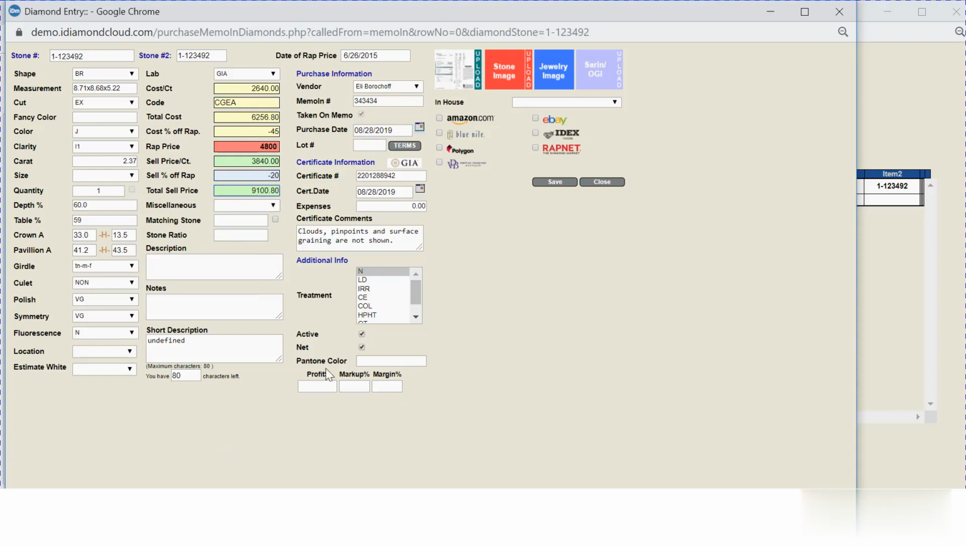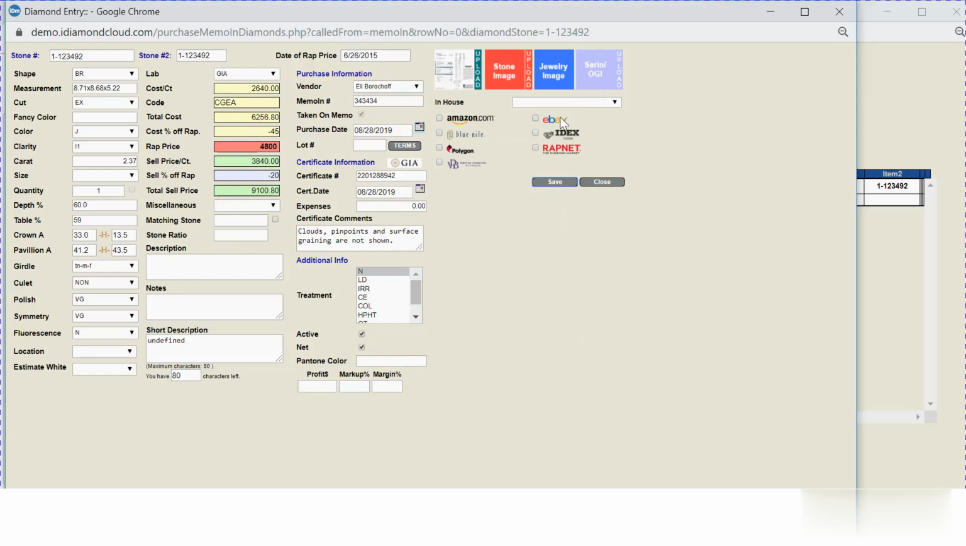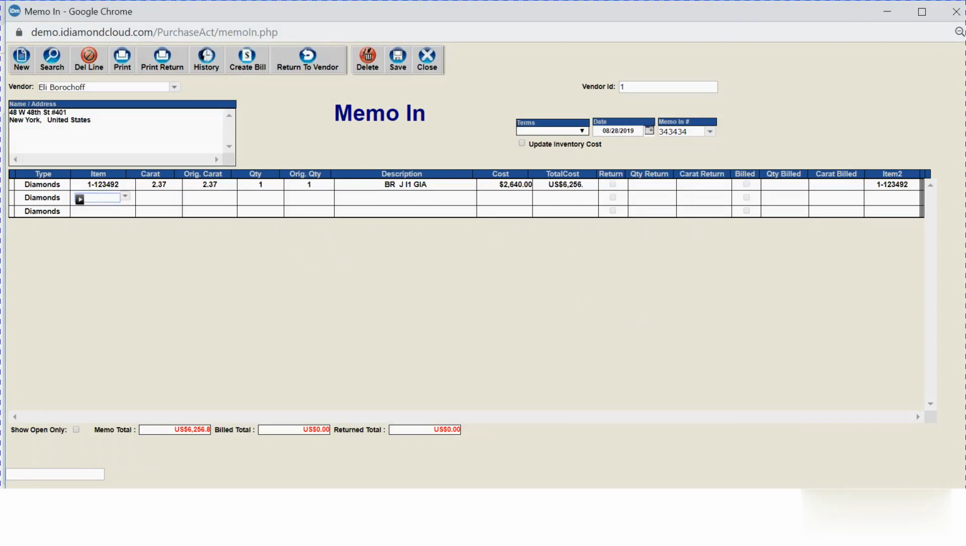Again, you can add more of the information here if you like, but right now, for our purposes, we're just gonna save it again. Okay, and then close it, and you will see that that piece went onto the memo in. Alright, and then you go on to the next line, and so on. Okay, by the way, you can print this,